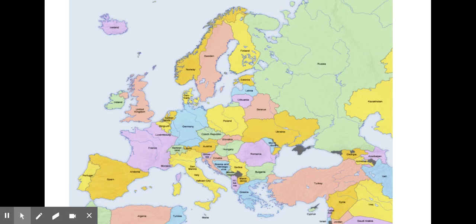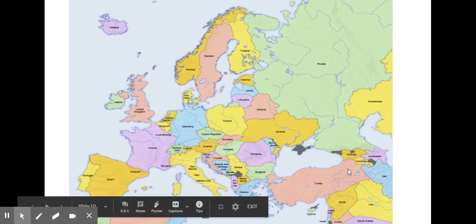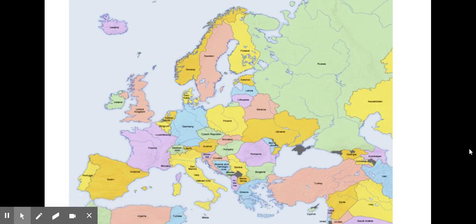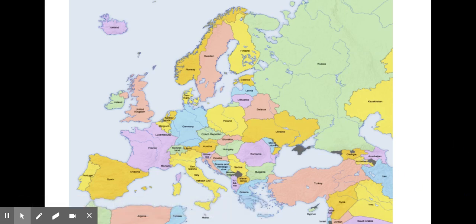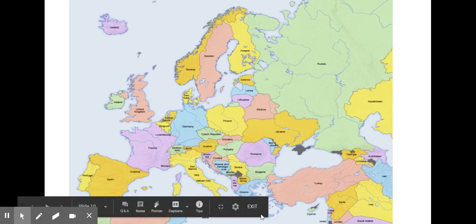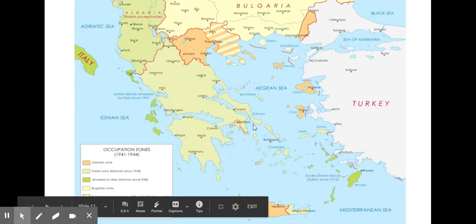So where are we? We are no longer in ancient Asia. If you want to know where Asia is, it's not on this map. It is way over. If this map expanded out, it would be way over here, what we learned about. Today, we're going to be talking about kind of a smaller country. So this is a map of Europe, and our country is the country of Greece. Now, Greece is located right down here where it meets a couple of the seas, the Aegean Sea and the Mediterranean. And right here is where the ancient Greeks are. So I'm going to zoom in on the Greeks.